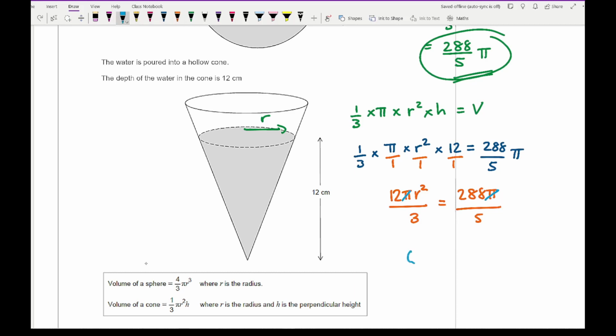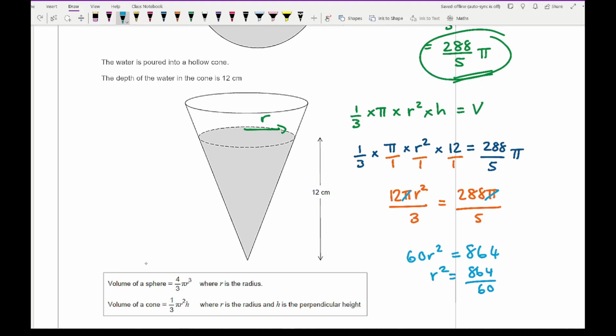So that's going to be 60 r squared equals 3 times 288. Now this is going to be on a calculator paper, but I don't know why I'm doing it without using non-calculator methods. So r squared equals 864 over 60, and if I square root that on the calculator,